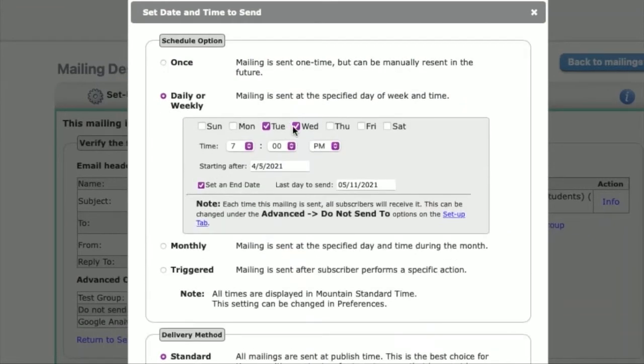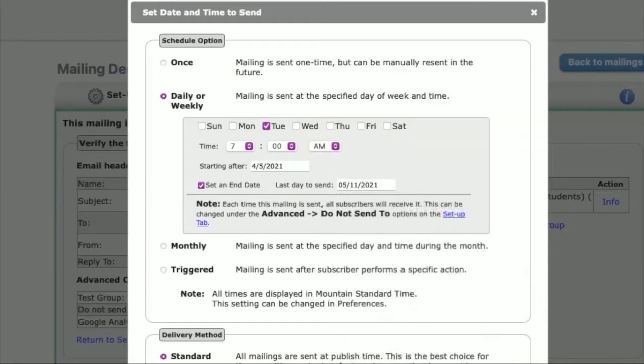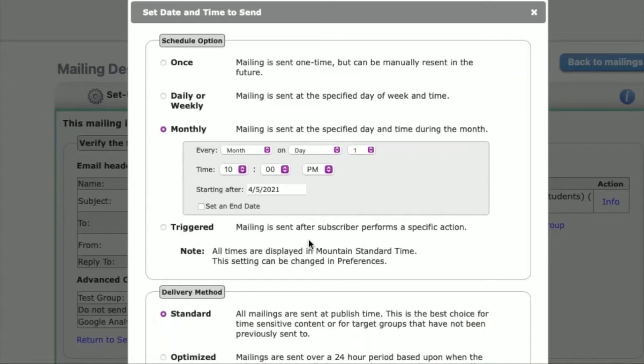Next is weekly or daily. If you want to send this email multiple times, this is the option to select. This is great for unpaid members or weekly reminders. Select the day you want to send, and then the time that you'd like to send it out. Next, select an end date for the email. We'll select a date that is 6 weeks out from now, so that members will only receive this reminder 6